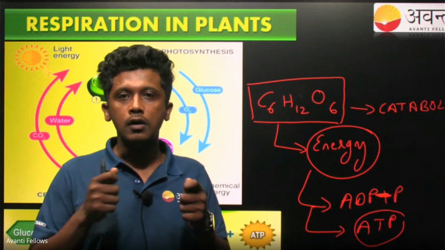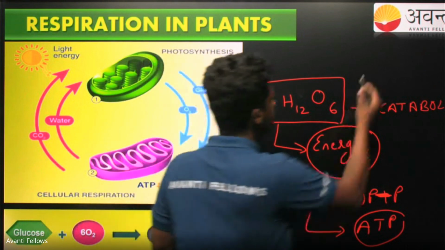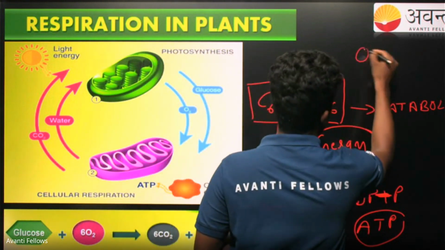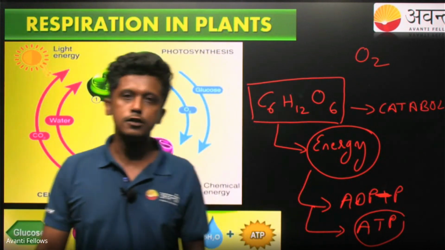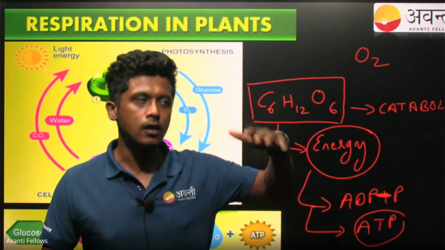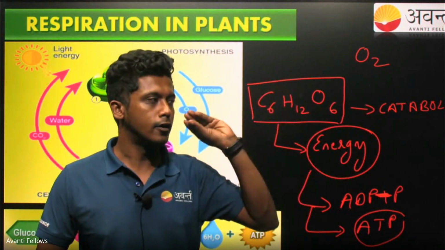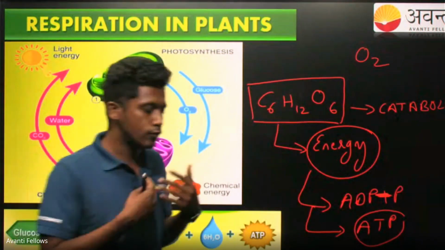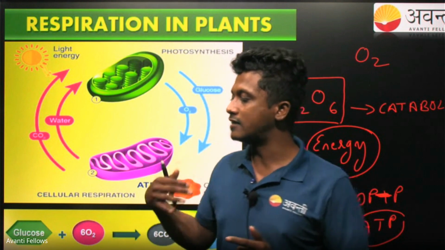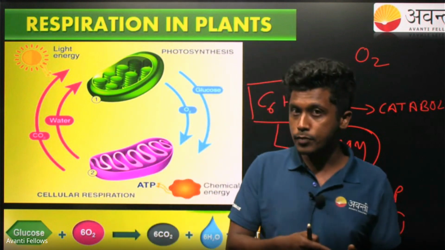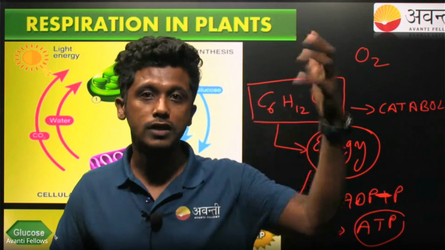Now, once we have the food reserve, we know that the very important component that we require to convert this food into energy is oxygen. So that is where the breathing comes in. For the breathing process, especially in plants, if you see in one plane, you have leaves, and the leaves have a proper design where they have stomata and the gas exchange can be perfect. Whereas if you see the other regions of the plant, such as stem, such as roots, how do they breathe?